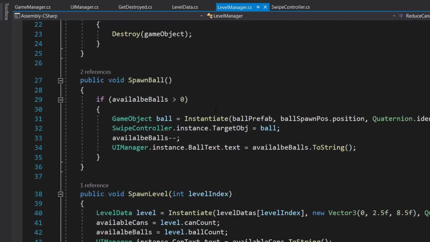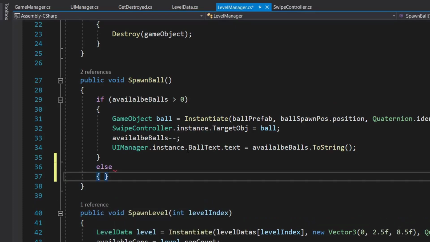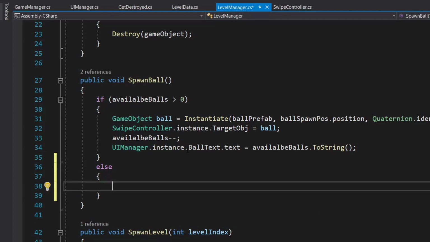and in our spawn ball we have to check for our game over. So here in the else condition, when available balls is less than or equal to 0, we'll check if our game status is equal to game status dot playing.